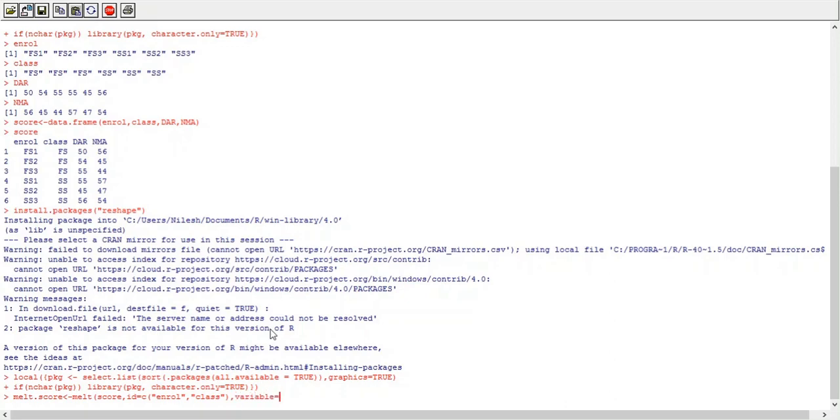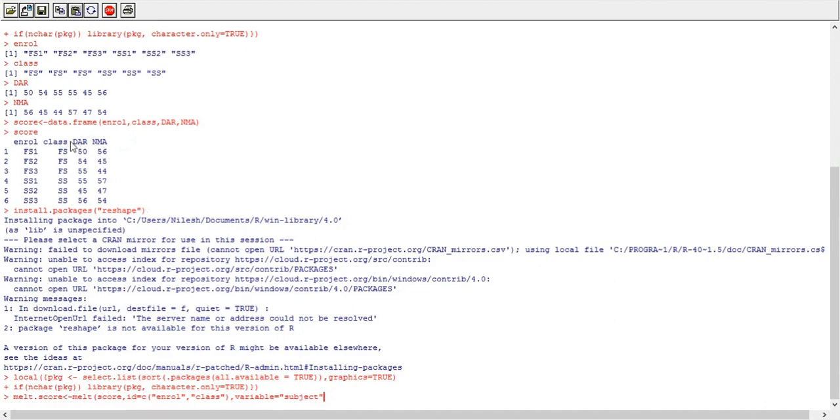So variable columns are these two, DAR and NMA. The columns that we don't mention in id parameter, those columns will be automatically considered as variable columns. So here there is no need to specify the names of these two columns, DAR and NMA. We just specify the column name that we want for these two values in the output.